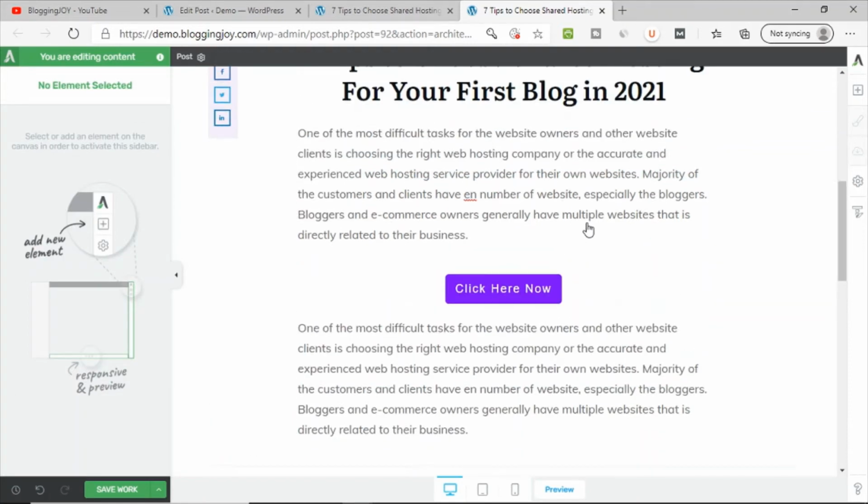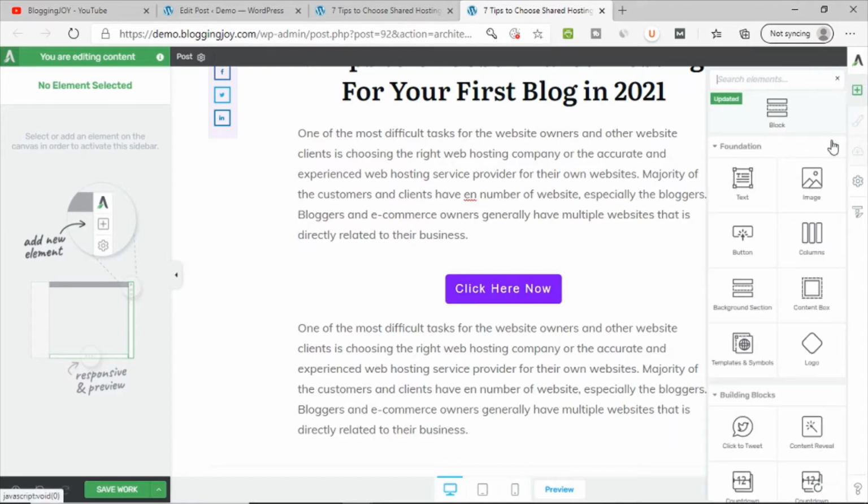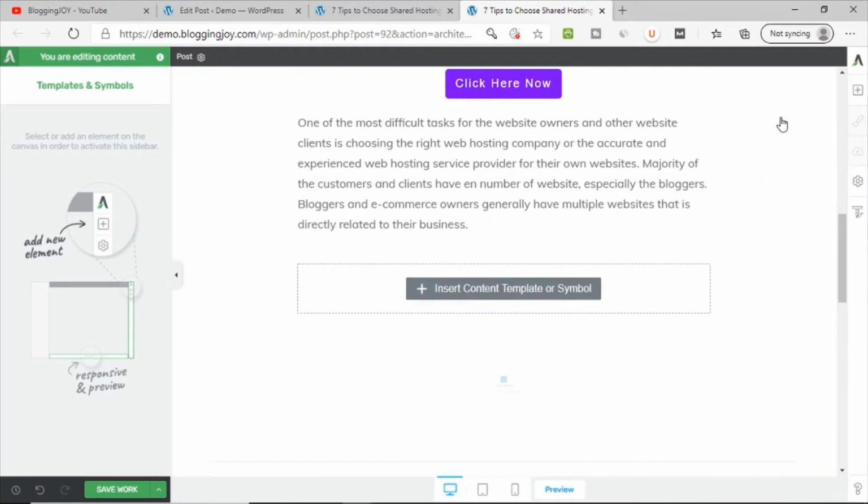So that's the beauty of this drag and drop editor. Gutenberg is also, you can say, an interactive editor. Thrive Architect is also an interactive editor, but with Thrive Architect you will get plenty of beautiful elements. But in Gutenberg you will get dull and boring elements. There are also drag and drop kind of interfaces there, but it's not that beautiful, or you can say visually not appealing. What exactly you will get here is really very nice.